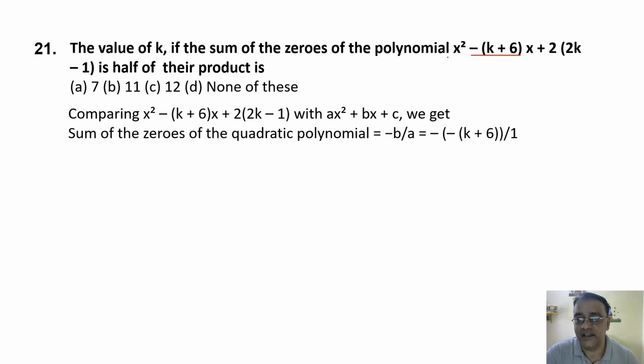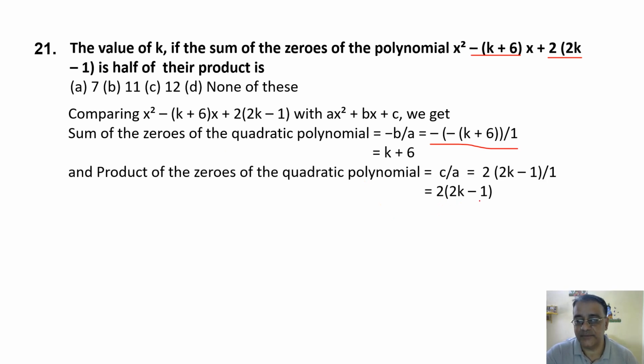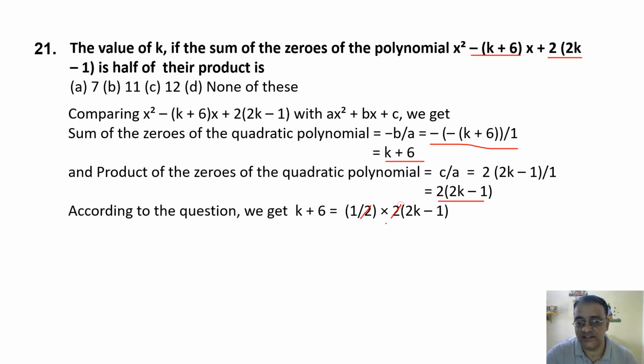तो by 1, a का वैल्यू 1 है तो ये हो जाएगा k plus 6. So this is sum and product is c by a ना. So c यहाँ पर 2 into 2k minus 1 है. So upon 1 the same, we'll get 2 into 2k minus 1. Now the sum is half of product, it is given. So k plus 6 जो रहेगा इसका half हो जाएगा. तो यहाँ पे हम लोग ये 2 और 2 को कैंसिल कर सकते हैं. So we'll get k plus 6 is equal to 2k minus 1. Minus 1 you shift to this side, plus 1 हो जाएगा, and k you shift to this side, it will become minus k. So 2k minus k is k is equal to 6 plus 1, that is 7. And the correct option is option A.